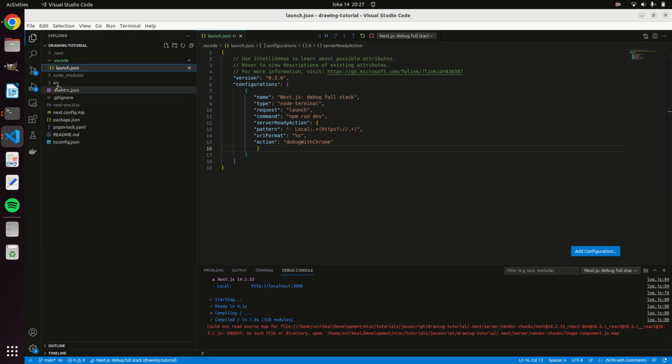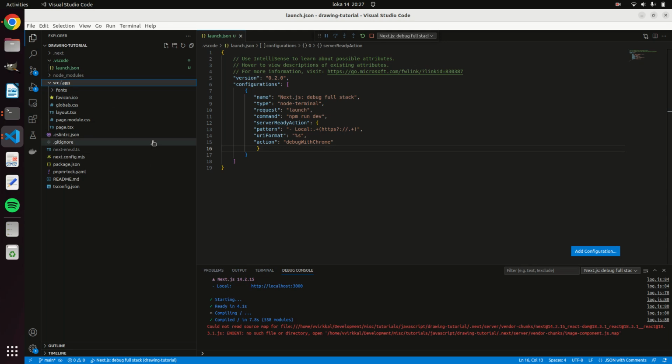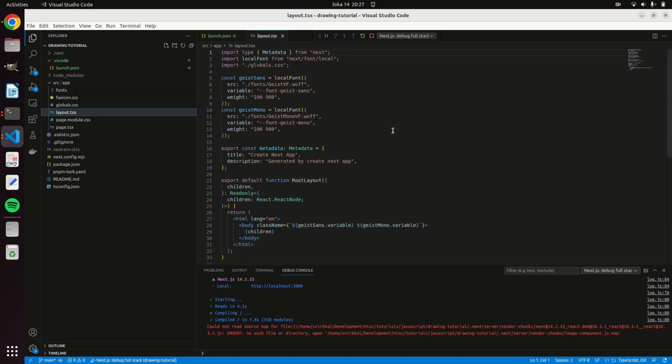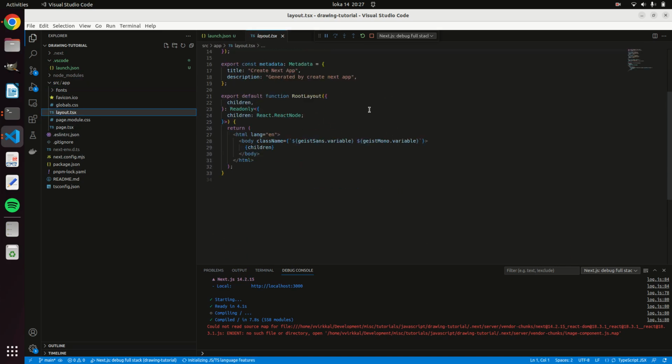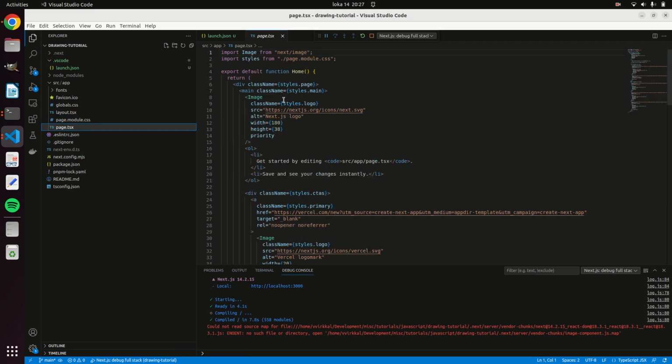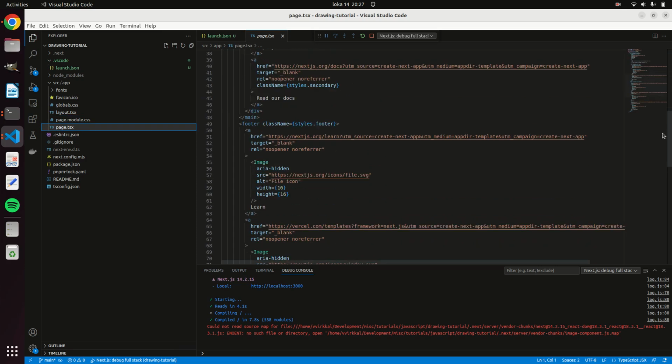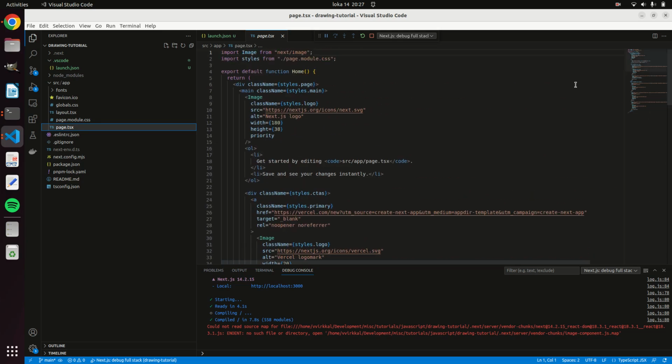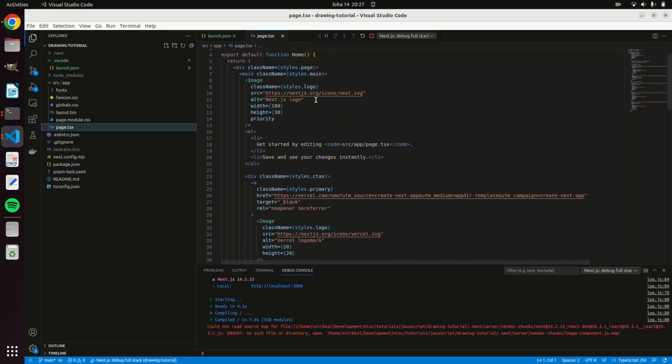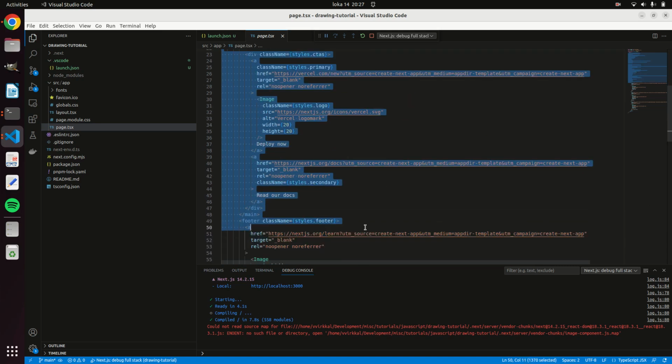So the NextJS app has this kind of folder structure. So the pages, they are inside this app folder. So here's the layout.tsx. It's responsible for rendering the stuff given in page.tsx. So actually this is the stuff that you just saw on the page. So let's just remove everything here